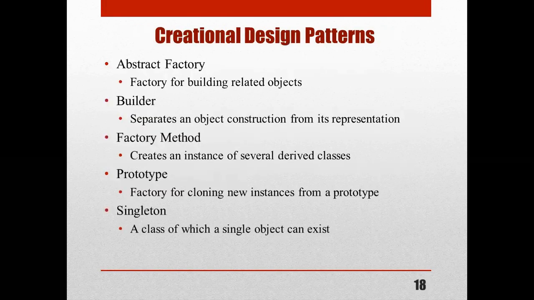Then creational design patterns. We have seen three categories: creational, structural, and behavioral patterns. The first one is creational design patterns. That includes abstract factory. What is abstract factory? It is a factory for building related objects. This is the short, single line information about all the design patterns under the creational patterns. Afterwards we are going to see all these creational, structural, and behavioral patterns in depth. That is your chapter number